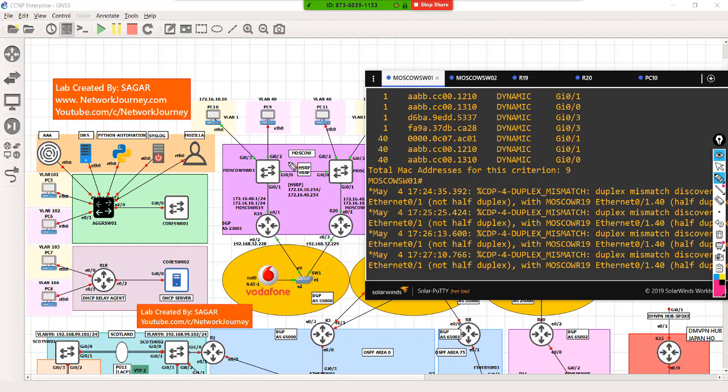But yes, one thing is, let's say you have a switch, you can configure HSRP version 2 for VLAN 40 over on this interface, and at the same time you can have HSRP version 1 for VLAN 1. So that is possible.